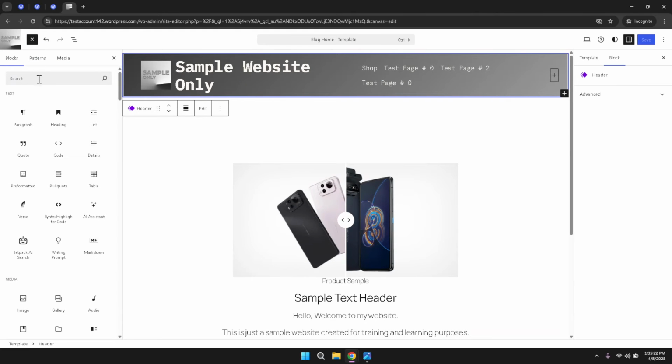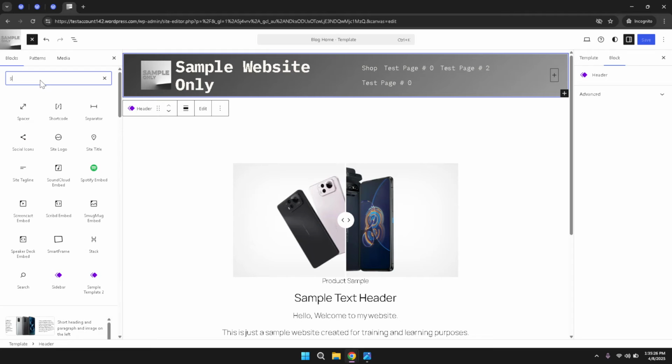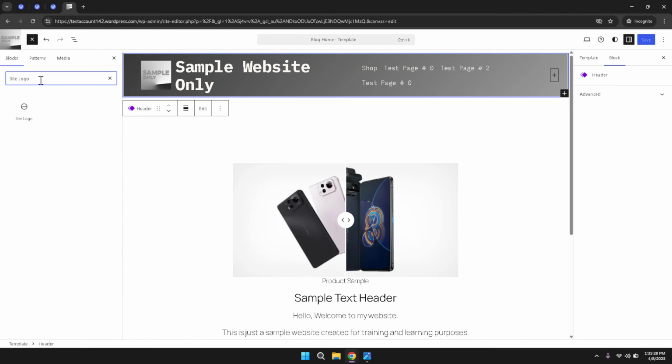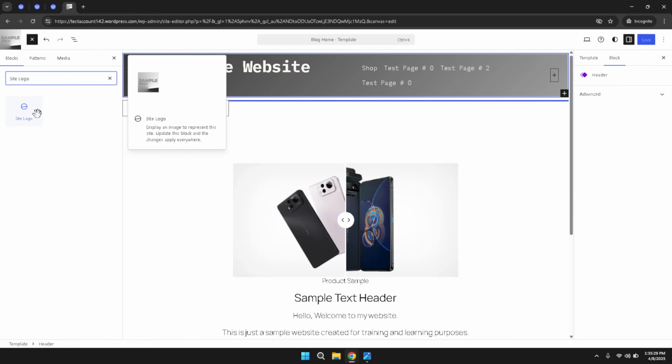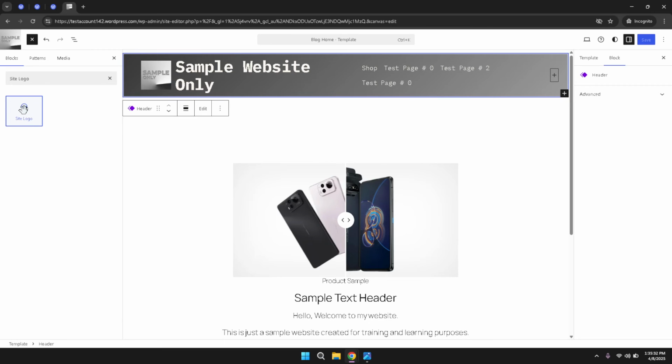Once you have brought up the options by clicking the plus icon, you will be prompted to type in a keyword to find the element you need. In this case, type in site logo. As you type, a list of matching elements will appear and you will see the option specifically for the site logo. This search function is very efficient and helps you navigate directly to what you need without scrolling through endless